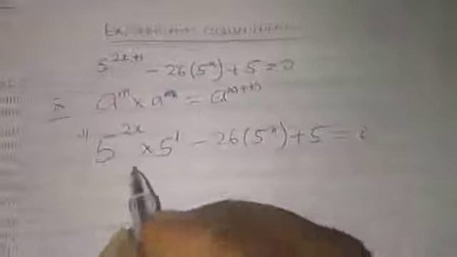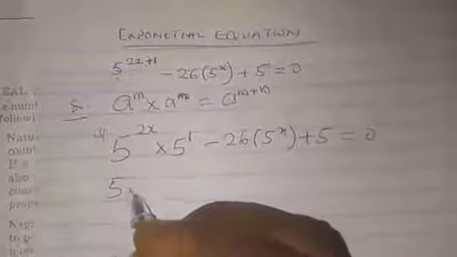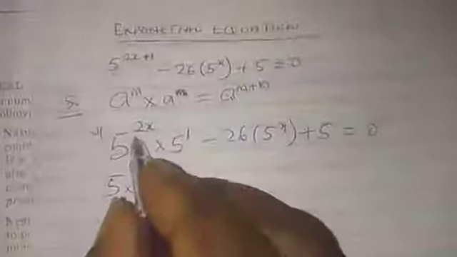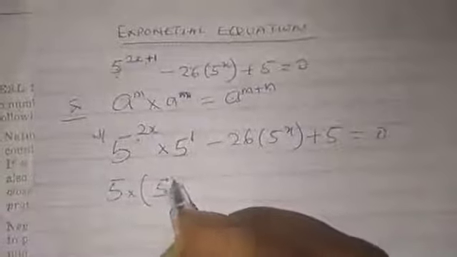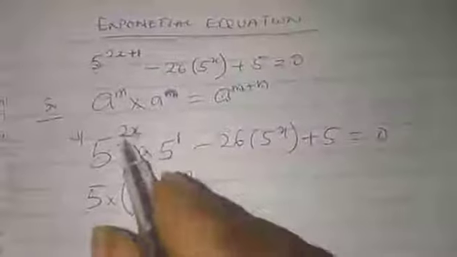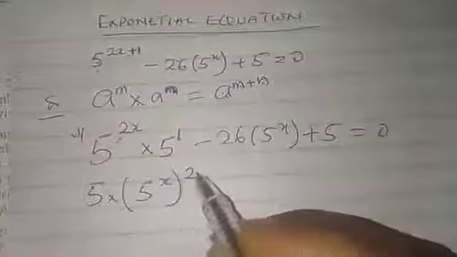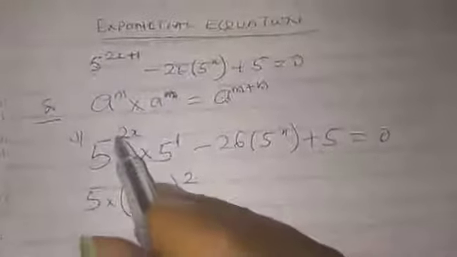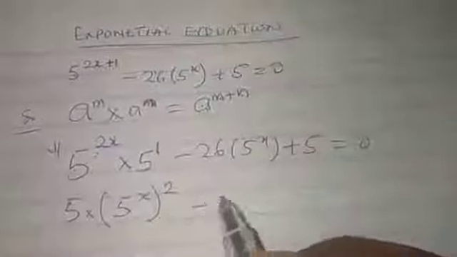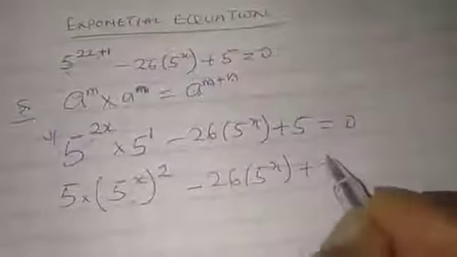So from this place, let me write the 5 first. This 5 times 5 raised to power 2s. This 5 raised to power 2s, you will express it as 5 raised to power s all squared, the same thing as 2s. Both of them are the powers, so s times 2 means 2s. So we have expressed 5 to the power 2s as this, minus 26 times 5 raised to the power s plus